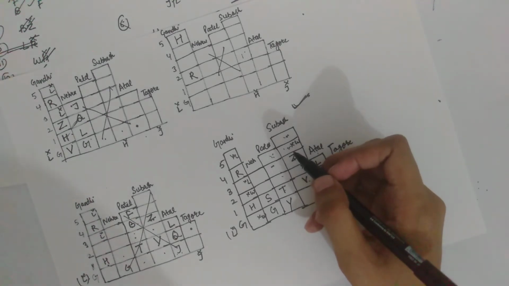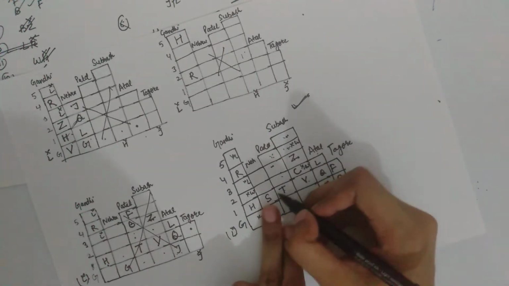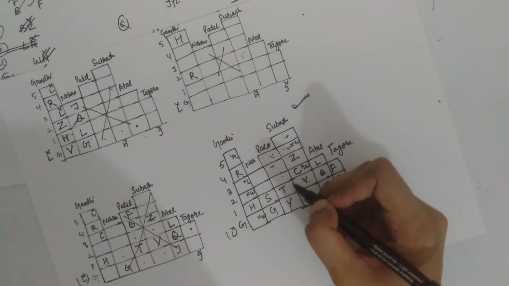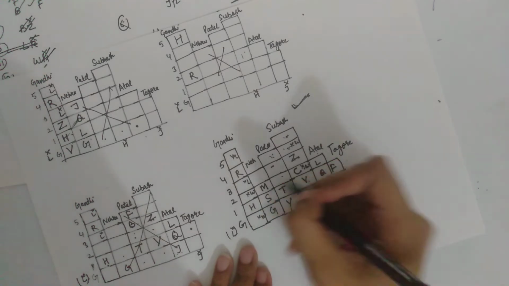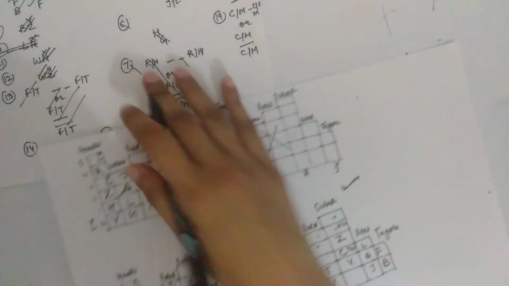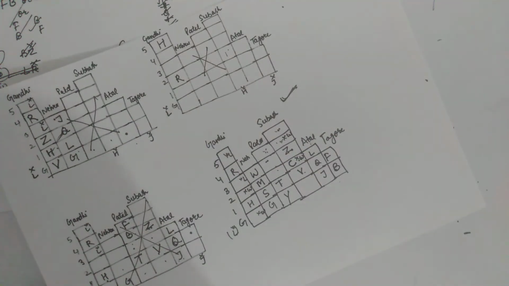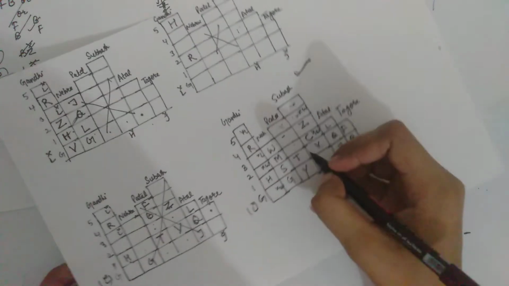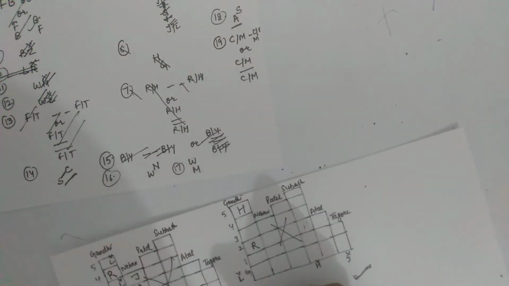So how can we place C? If we place C here, S, C, because it was given that it was not immediate. So C can be placed here. If we place C dash M, C and M have one vacant place between them. Fine. Now W is immediately above M. Immediately above M, W will be placed here. Now, yes, S and A will come here. Now C, N. We have W and N will come here.